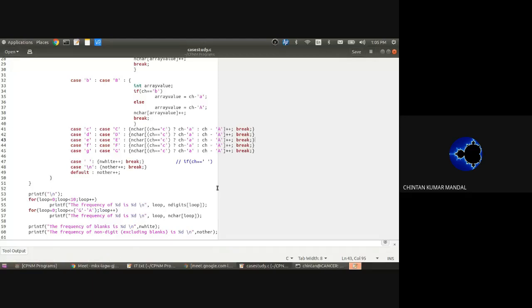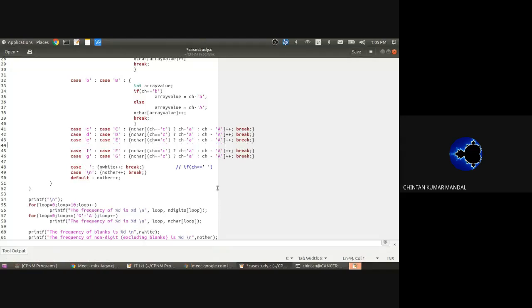Can you tell me? Sir, it would have been added twice. Never, it will never be added twice. No, sir, because there is a break there. Once it breaks, this thing will not actually work. So immediately, if my ch is small e or my capital E, then what will happen is that, sorry,